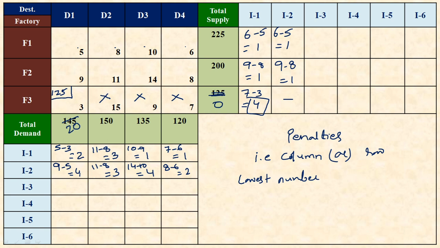Now there is some doubt. So we have to select any of the numbers, but I am choosing one particular method here, 4. So the first 4 is in D1 and the second 4 consists of D3. See the numbers of D1, 5 and 9, and D3 is 10 and 14. Out of these 4 numbers, what is the lowest number? 5 is the lowest number. Now I am choosing this 5 cell.